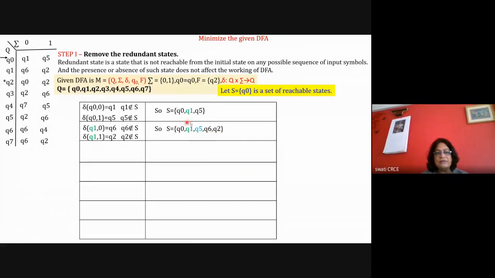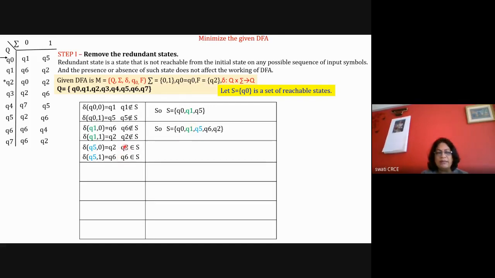Okay. So now I've done the checking for Q1. Now I'll take the next state that is in the blue color. So I'm going to take Q5 and I'll write down here what are the transitions from Q5. So Q5 with 0 is equal to Q2, and Q5 with 1 is equal to Q6. That I'm going to write it here. So that means that the machine can reach Q2 and Q6. But Q2 is already there in the set, and Q6 is also there in this set. These are the reachable states, but the entry is already done in the set.